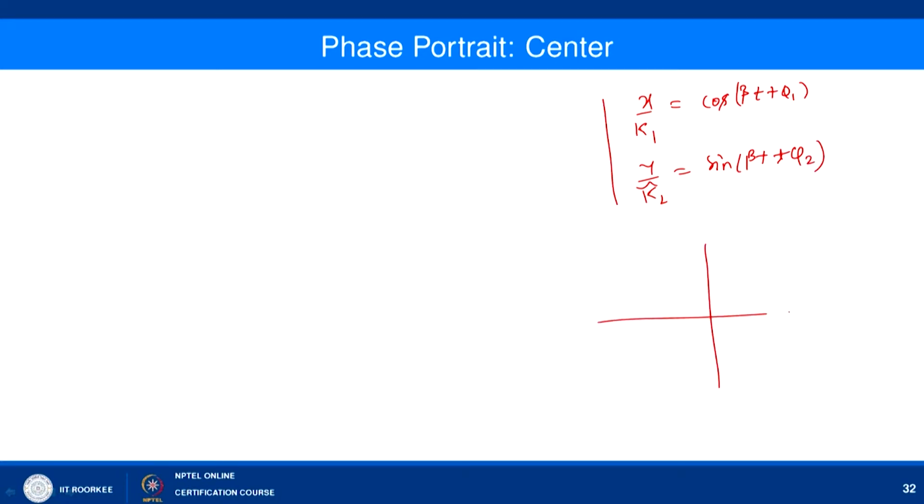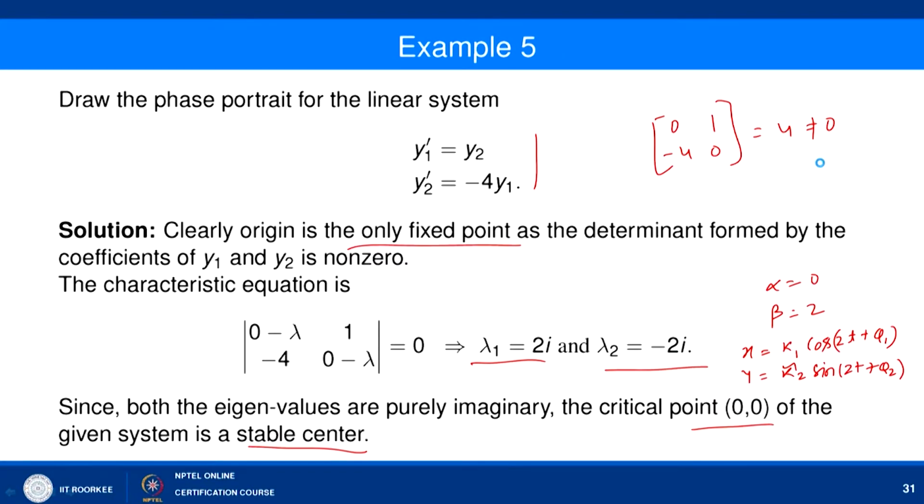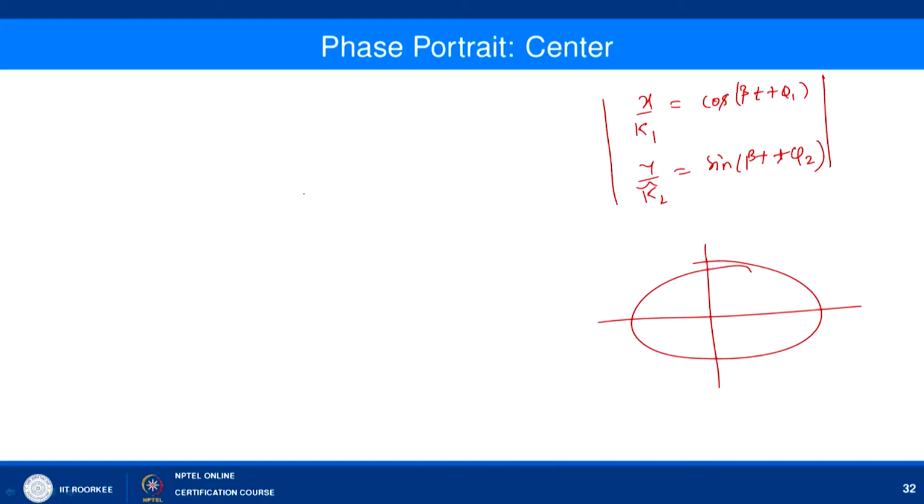So, here the orbits are looking like ellipses, right. I am not giving the exact form here, but you may try this. So, in this kind of case your orbits are closed orbits, and here we can see that the orbits are ellipse-like curves. Maybe you can find the orbit here, or for example, if I want to find the orbit here, let us look at here. Here we have